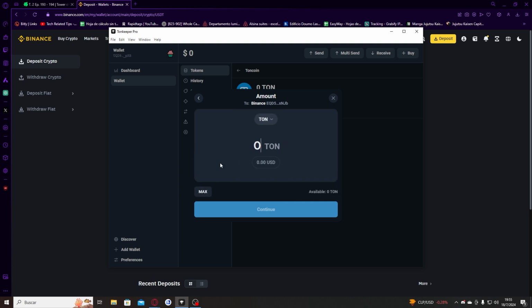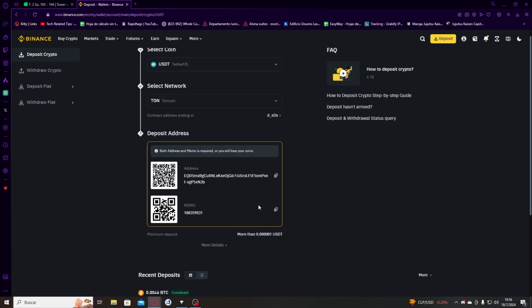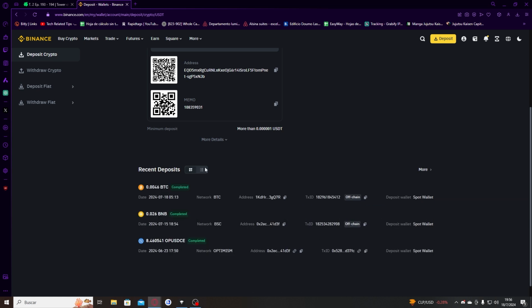comments. So when you press continue, here you have to select the crypto. In this case, you will have selected USDT. So imagine that I'm sending 3 USDT. Then you press continue. In a few minutes, here will appear your